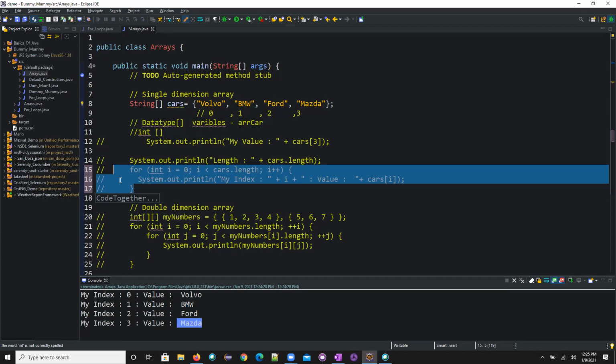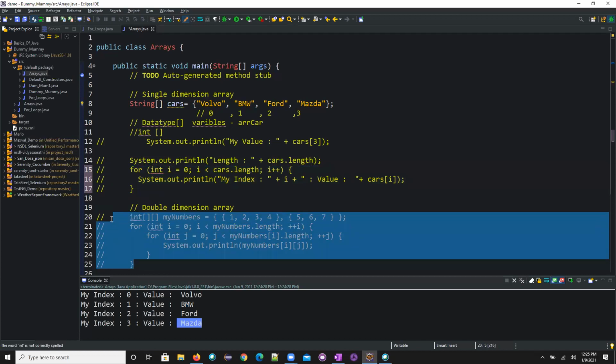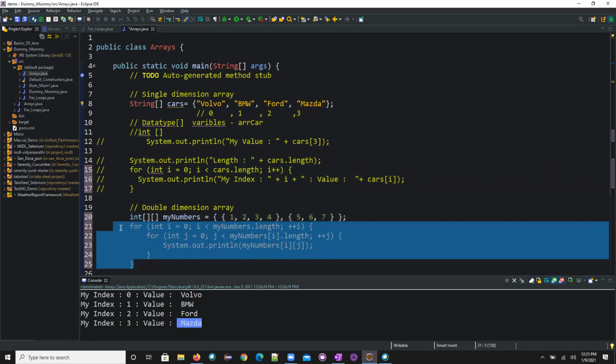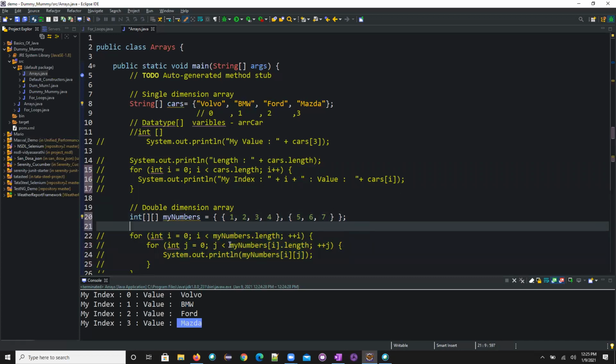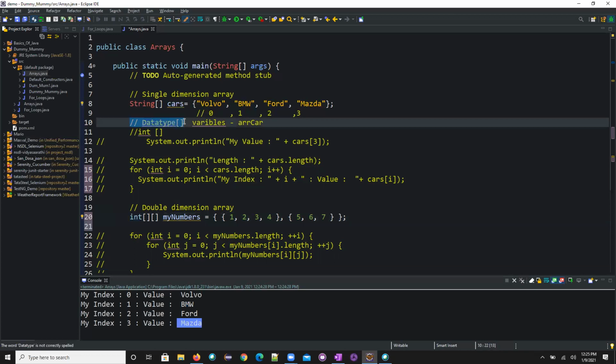Now I'll come to the two-dimensional array. First I'll come from the syntax itself, it would be much easier. In the syntax here also it's the same, there is no difference. Whatever data type I want to give, I can give it over here.